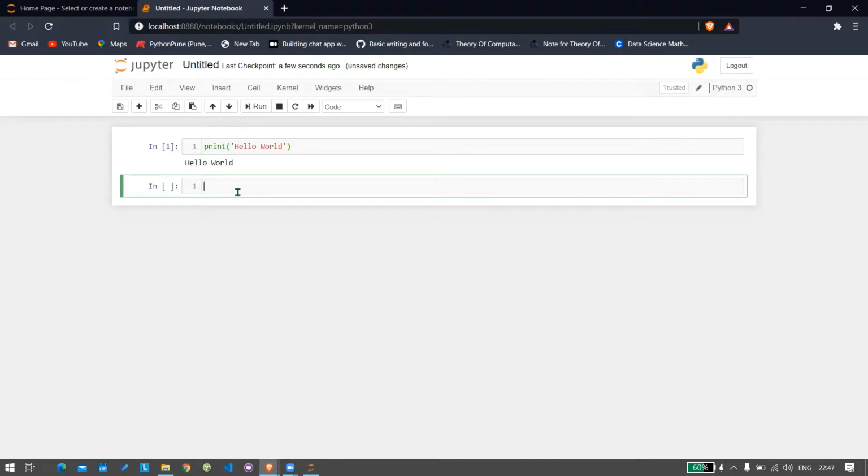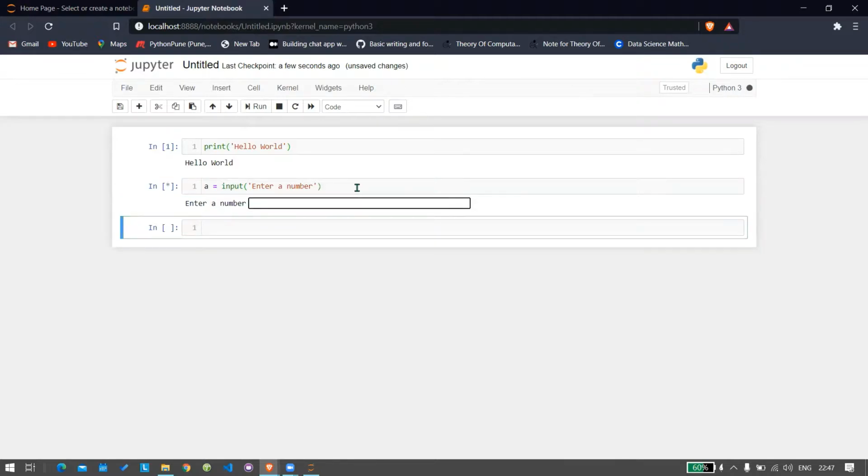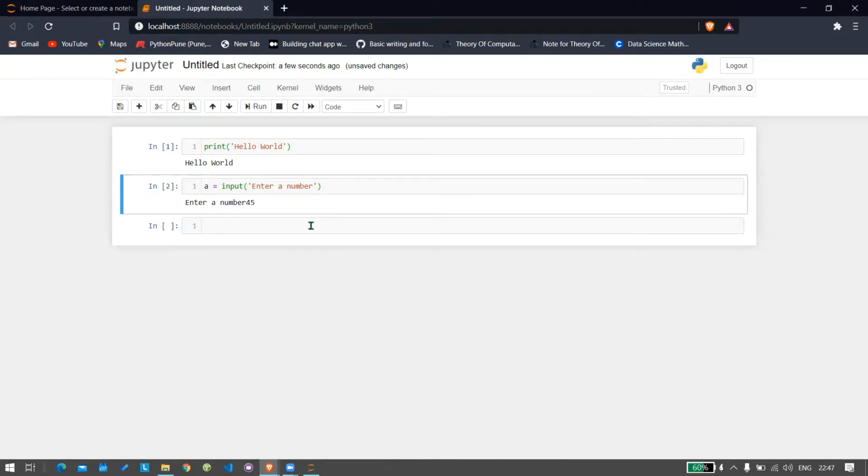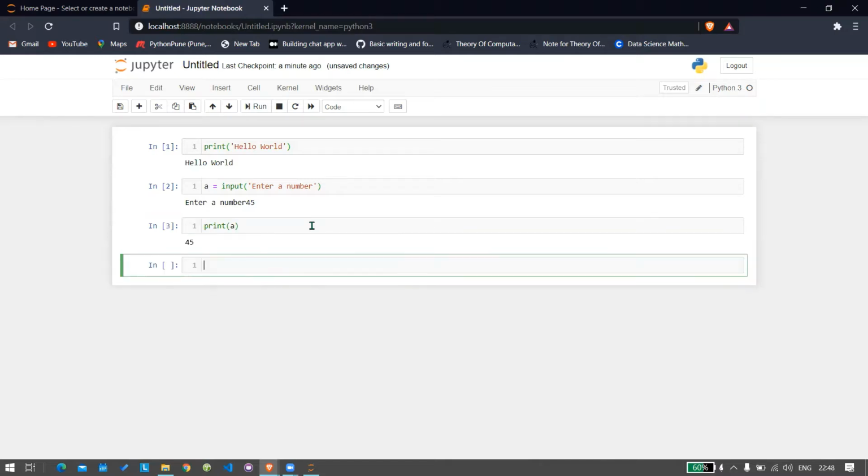We will write another program that we saw earlier. We will take input and store it in a variable. Let's do that by doing this. A is equal to input, and then we will say enter a number. Now, after running this cell, I will get something like this. I will get this instruction and my program will ask me to enter a number. Let's enter something like 45. Now that 45 value is stored inside my variable A. If I want to see that value, I can easily do that by printing the value inside A, and I will get something like this.